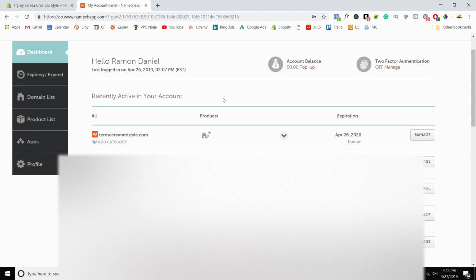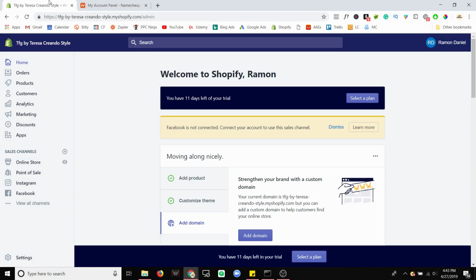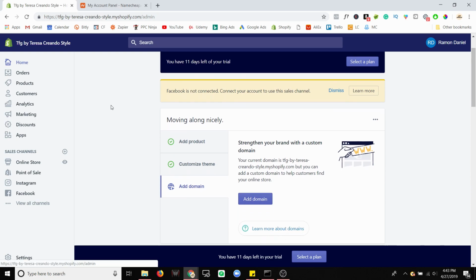And just as the name suggests, domain doesn't cost that much nowadays. So the first thing that you want to do is get yourself a domain, register, think of a clever name for your site, for your Shopify store. Keep it simple. And if you already have a Shopify account but don't have a domain set up, you'll probably